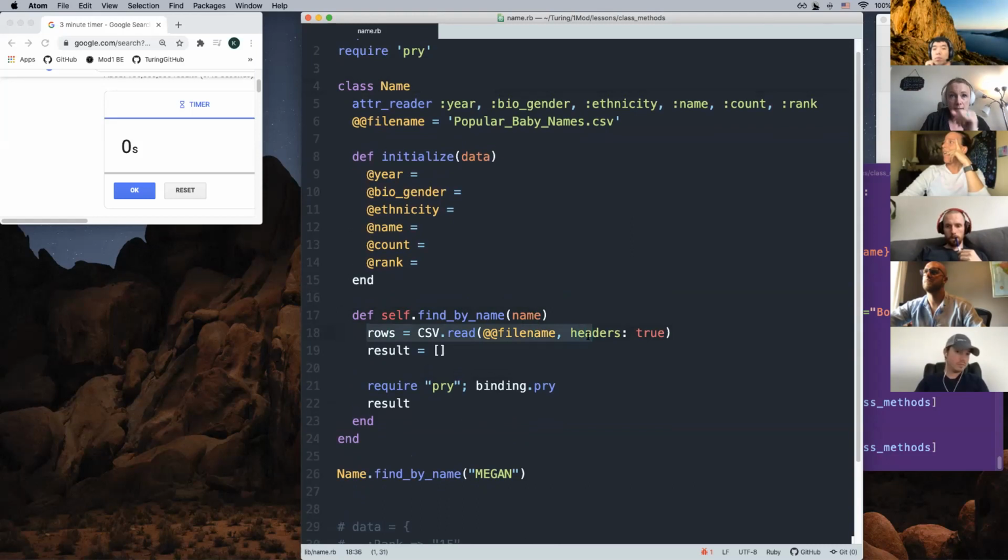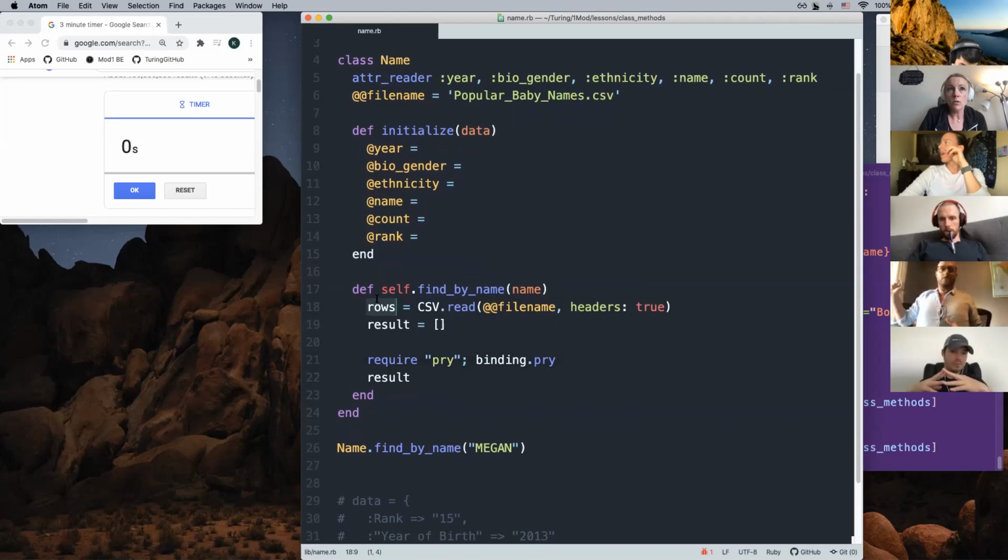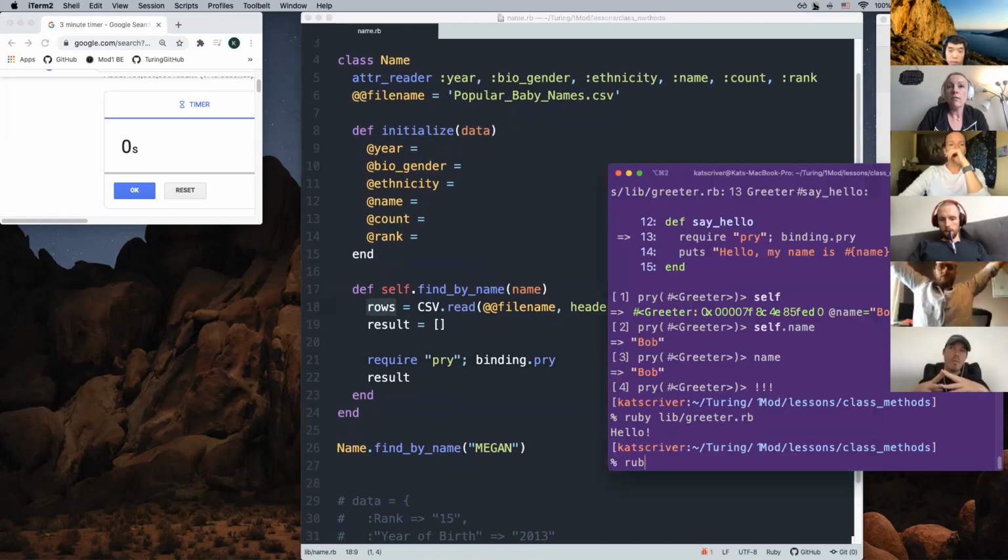We're going to read in some CSV data, as I'm sure you're all getting very good at. What this method should return are any name instances where the name matches this name. And don't worry about what's going on exactly. It'll be in the breakdown of your tasks that you are to complete. But I want to show you what this rows looks like. So if I run this file,